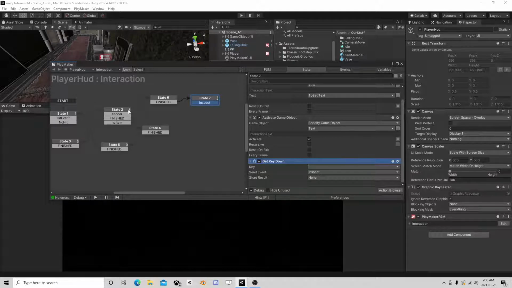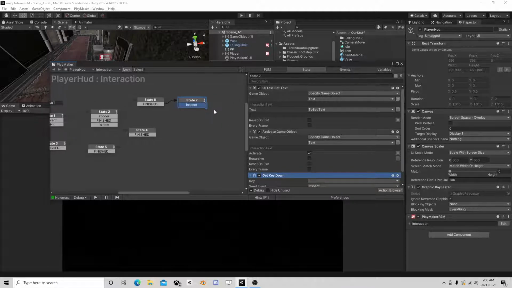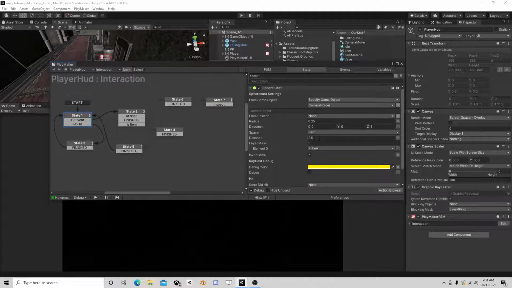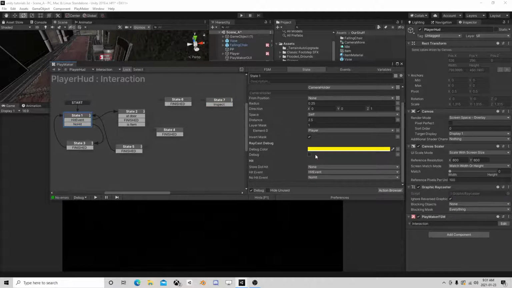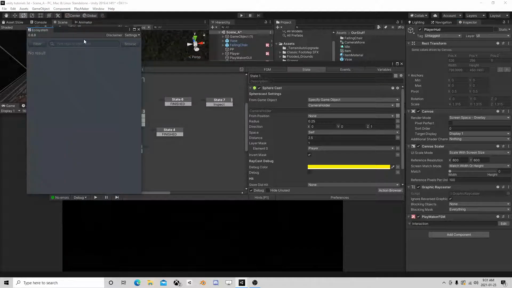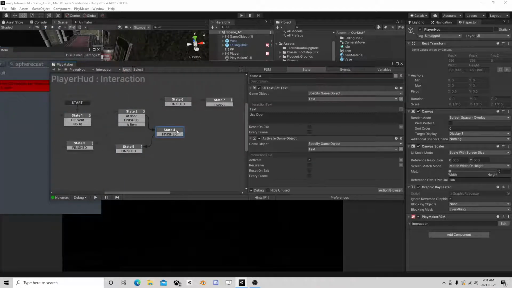The other thing we are going to need is, okay, so for the inspect, we're going to go over here. We need a way to come off of that, right? So we'd almost want to do this raycast, which doesn't have every frame. So let's just take a look at the sphere cast too, see if it does. I don't know why it does that. Okay, well, while it's thinking,